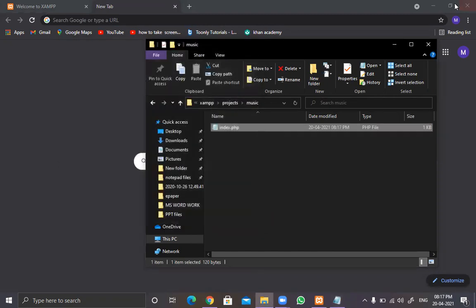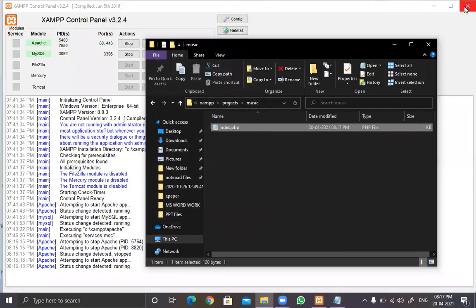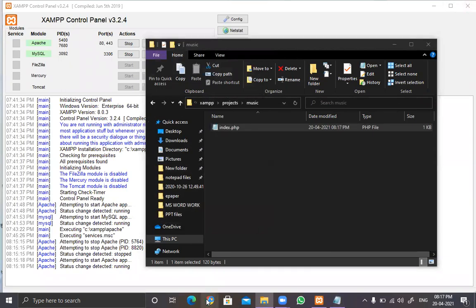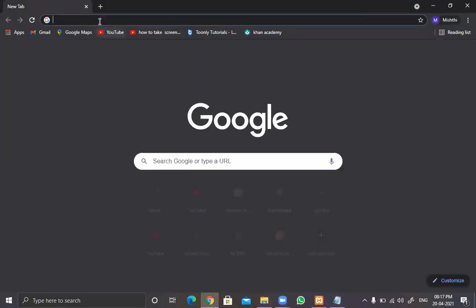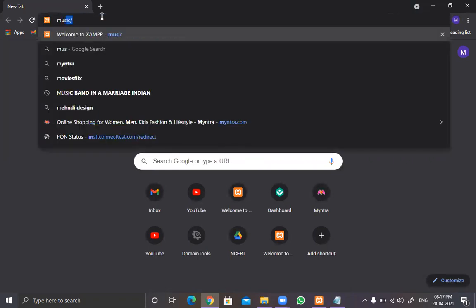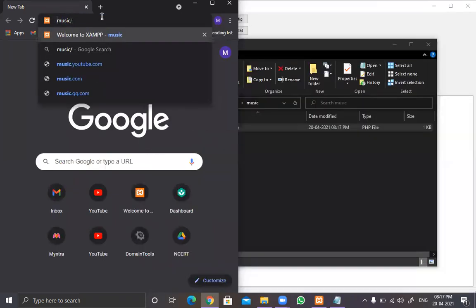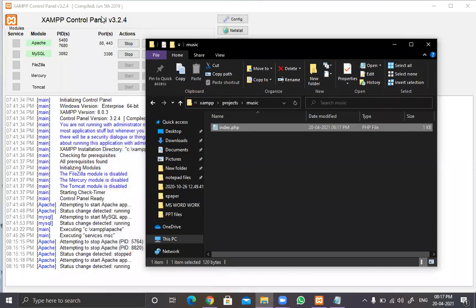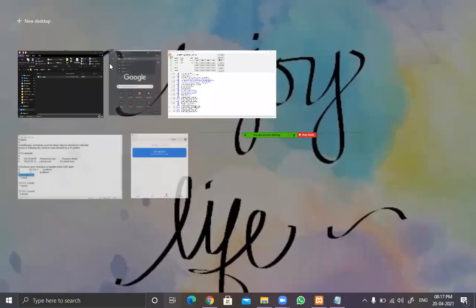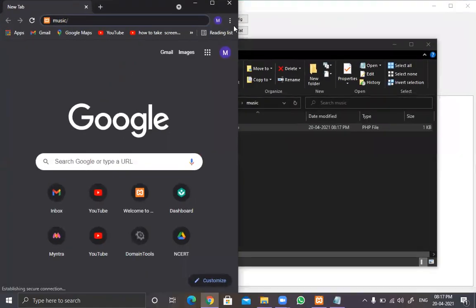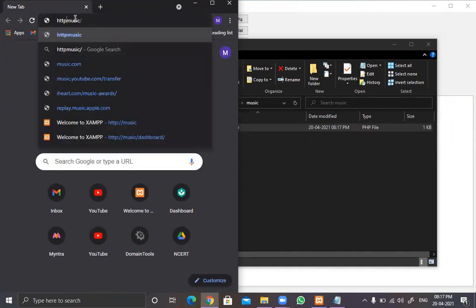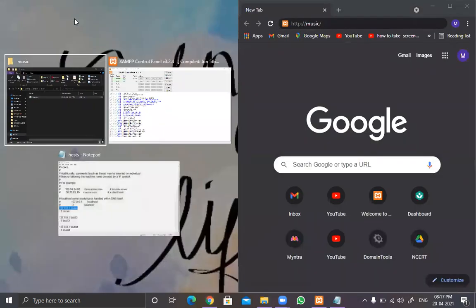Now let's try to close our browser and open this browser once again. Music slash, or you simply write this as http colon slash slash music.